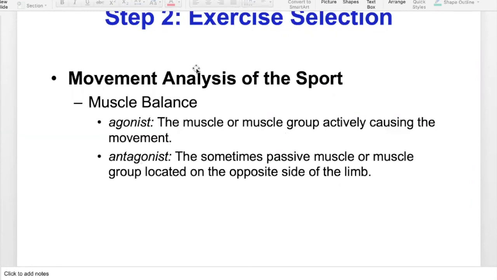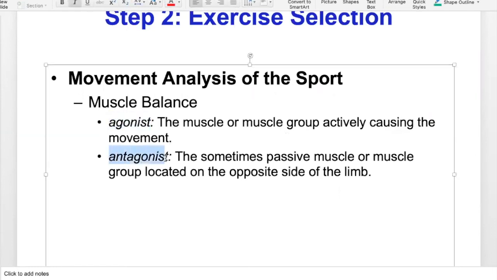And make sure in that exercise selection, you're balancing out the agonist versus the antagonist muscle because we want to appropriately build muscle balance, not only agonist versus antagonist, but concentric versus eccentric, generation versus absorption. So we want to make sure that we're understanding muscle physiology in regards to the force velocity curve, the length tension curve, and make sure that we're not only picking the correct exercises, but the correct movements within